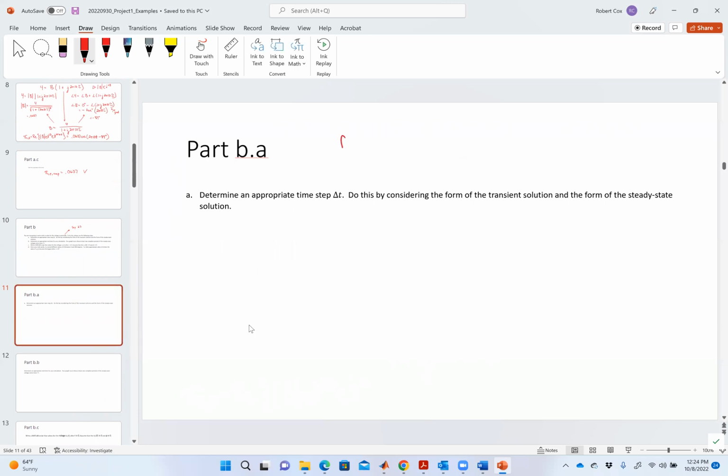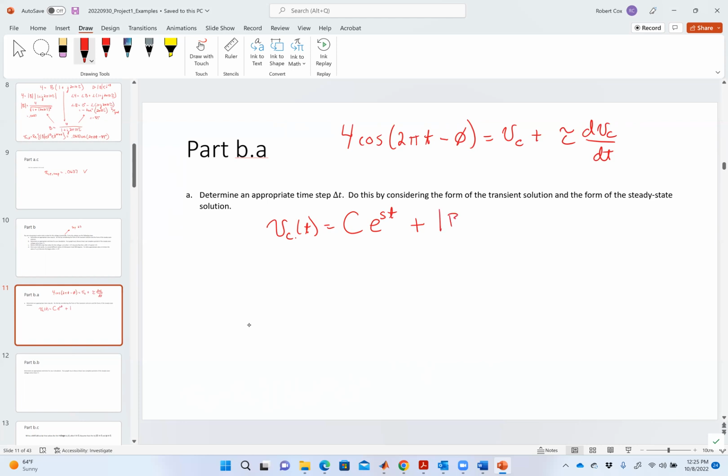So what we have here is v sub c. Let's write the differential equation again. We have 4 cosine of 2 pi t minus phi equals v sub c plus tau times dv c dt. Now, for this, we don't have to solve for the transient, but we have to know what the form of the transient solution is. And we know that for a first order differential equation like this, the solution has the form v sub c of t is equal to some constant times e to the st plus magnitude of b cosine omega t,